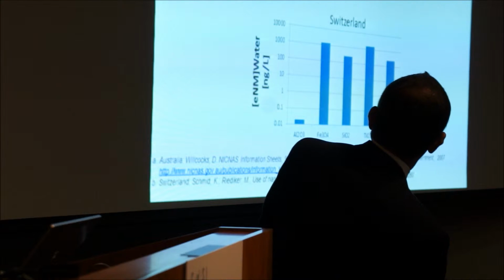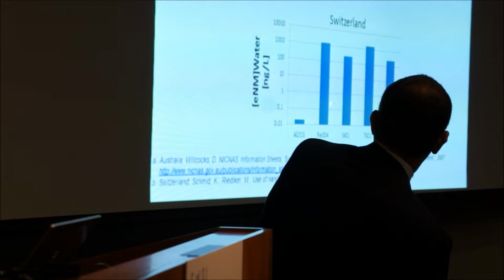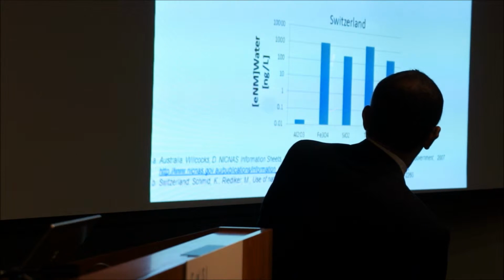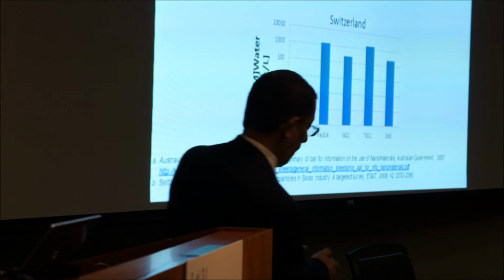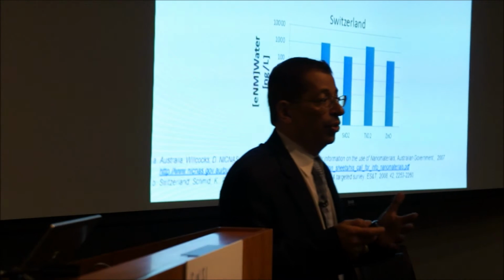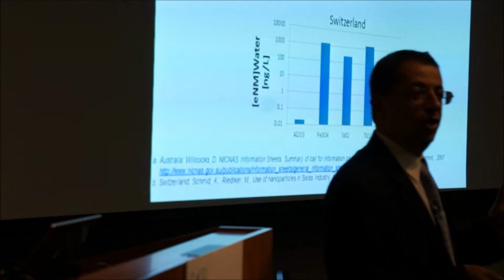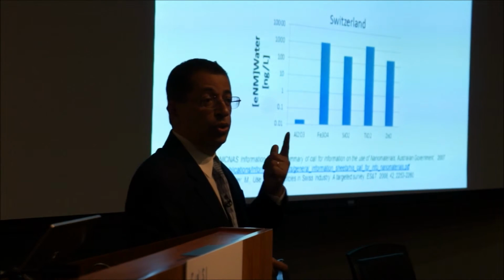So you can see in this particular case in Australia it's higher for SiO2, and you can see that for Switzerland you can look at the ferric oxide and you can look at titanium oxide in here, it's about the same. That by itself doesn't allow you to make decisions that incorporate toxicity. So the next question is, how do you take toxicity into account? There are different ways, and I'll just show you one.